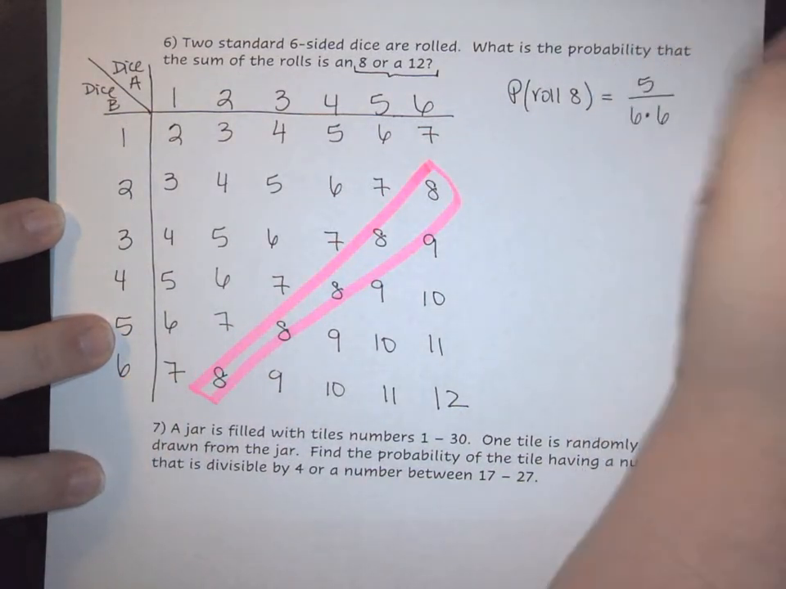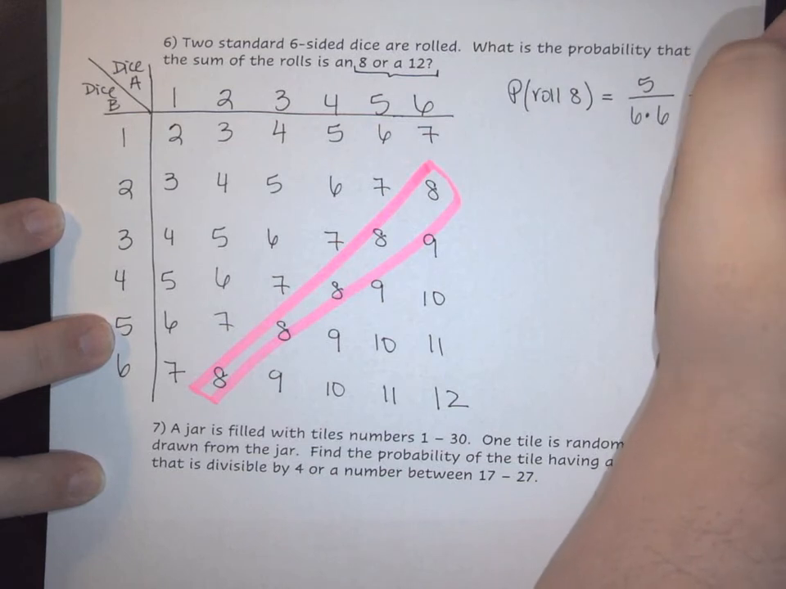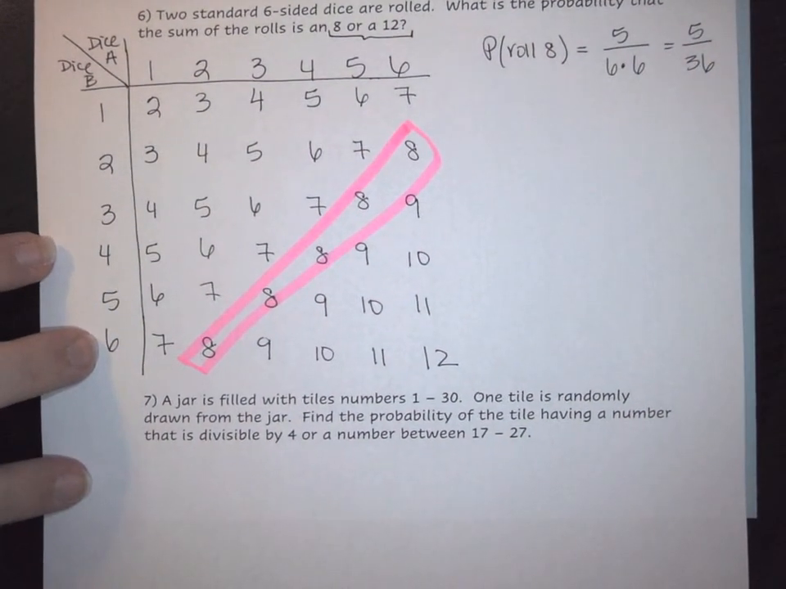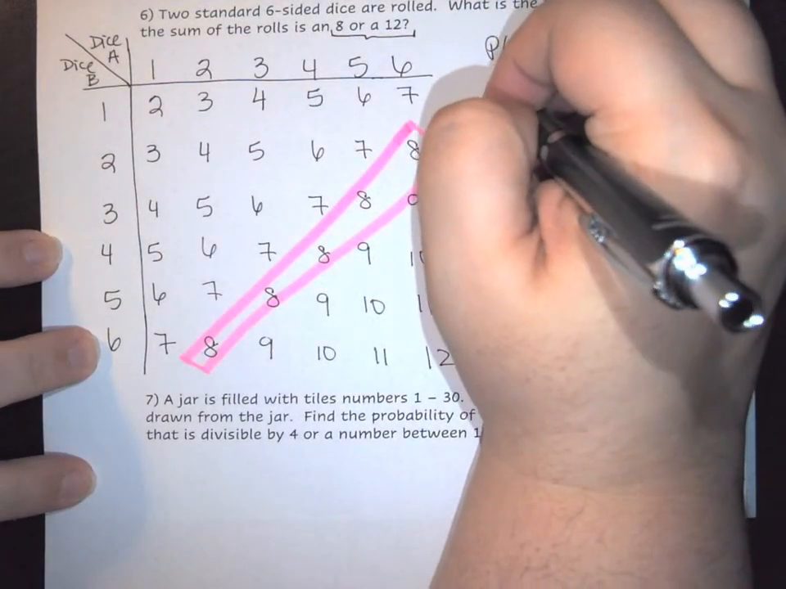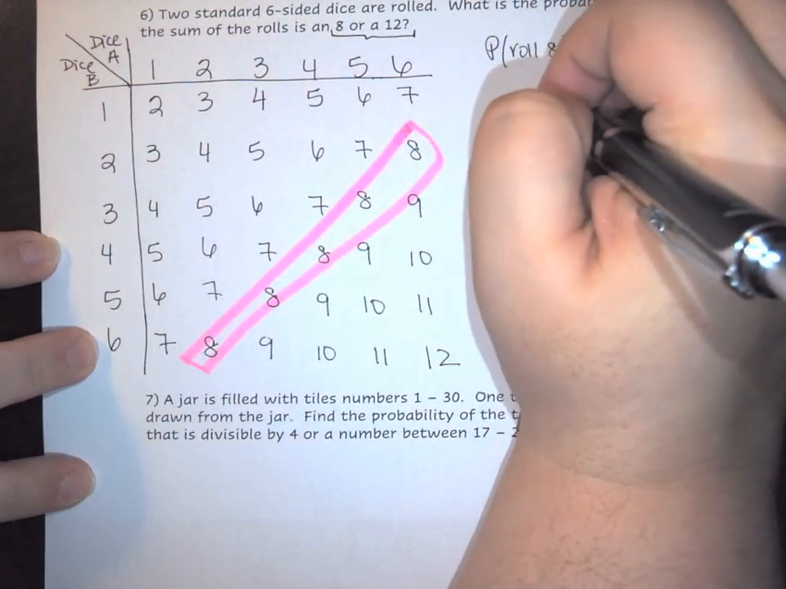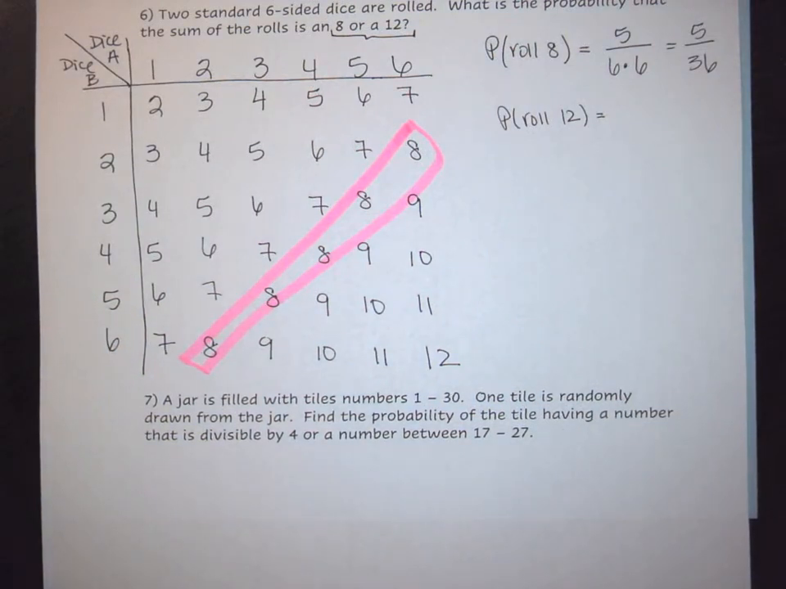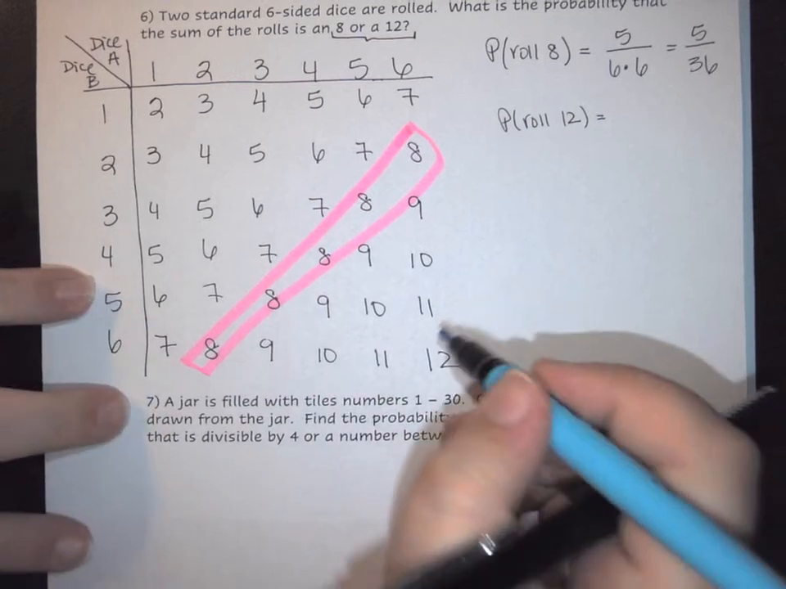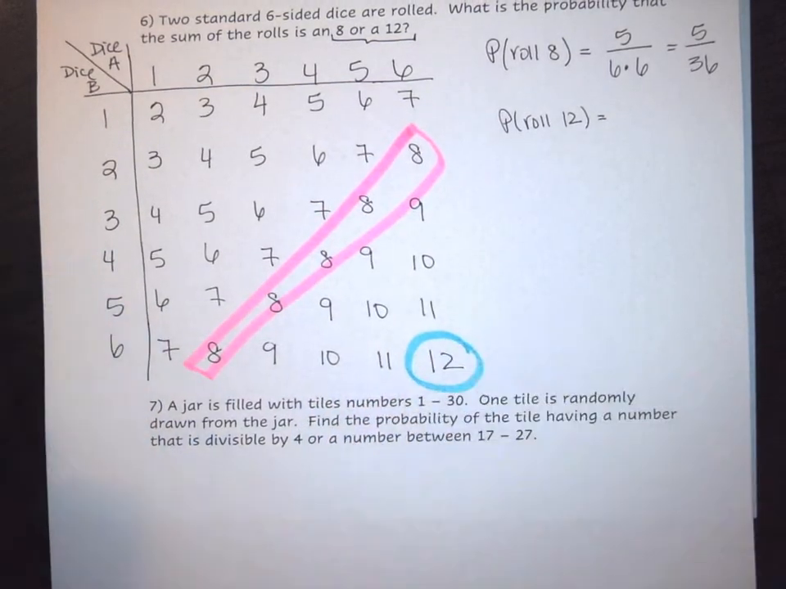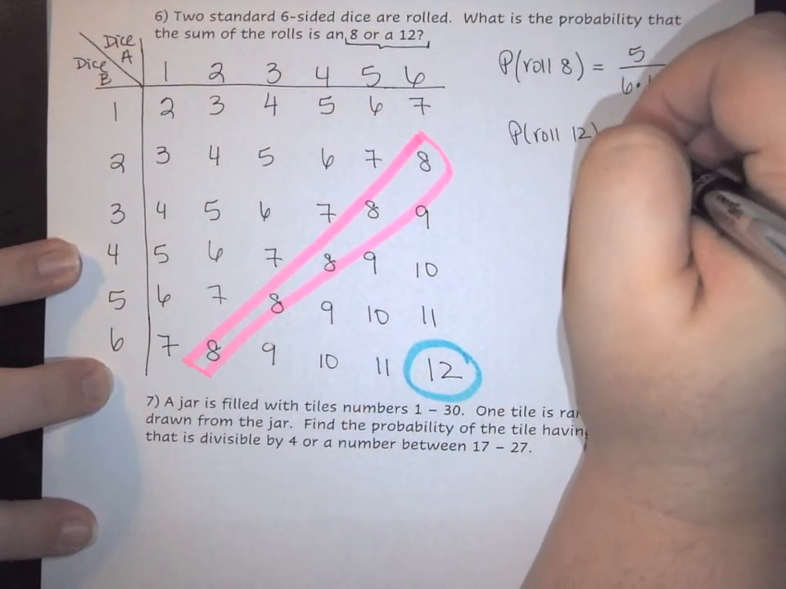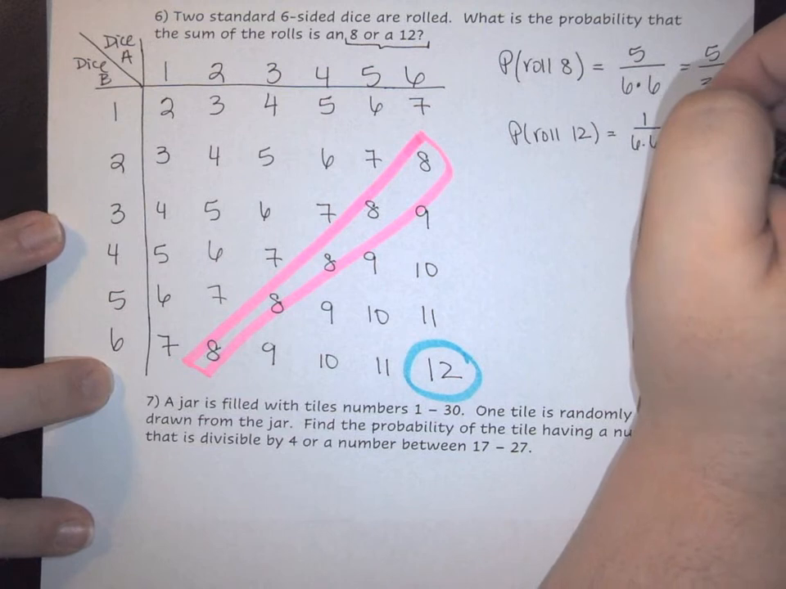That's how you represent your 2 dice. So this would be the same as 5 over 36. Now I also need the probability that I'm going to get my 12. In this case, if I wanted to look at 12, I would look in my chart for a 12, and I only have one spot where that is possible. And so here this would be the same 1 over 6 times 6,